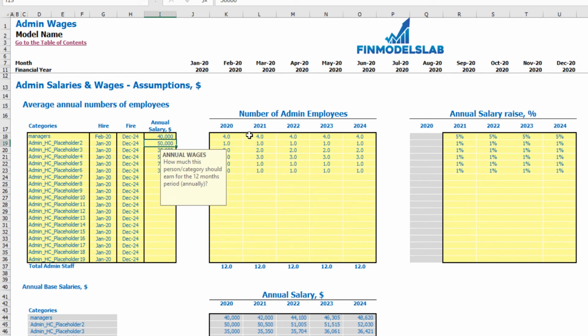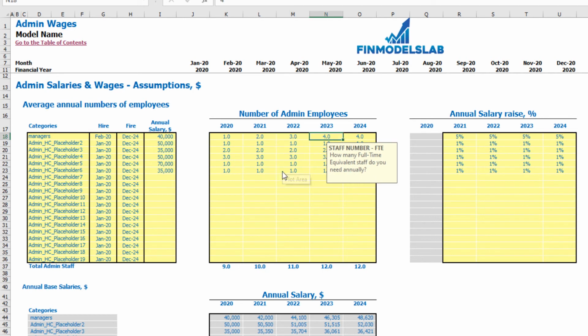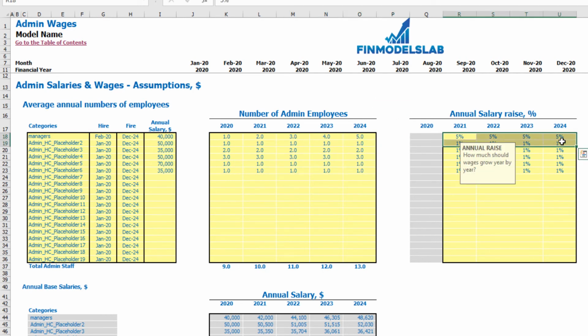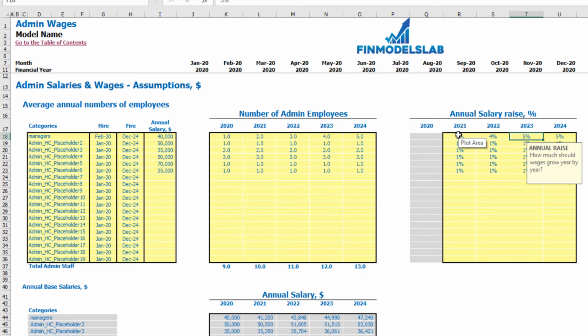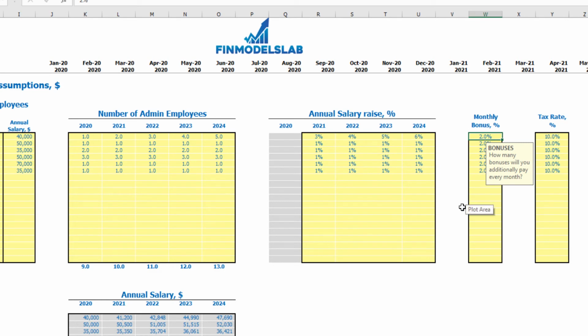Then you should input number of admin employees. Let's pretend in the 2020 it will be 1, then 2, 3, 4 and 5. Then also you can input annual salary rise. So for example 3% of annual salary first year, for next, 5 and 6. Also here you have set up for the monthly bonus, for example 5% per month, and the payroll tax rate,